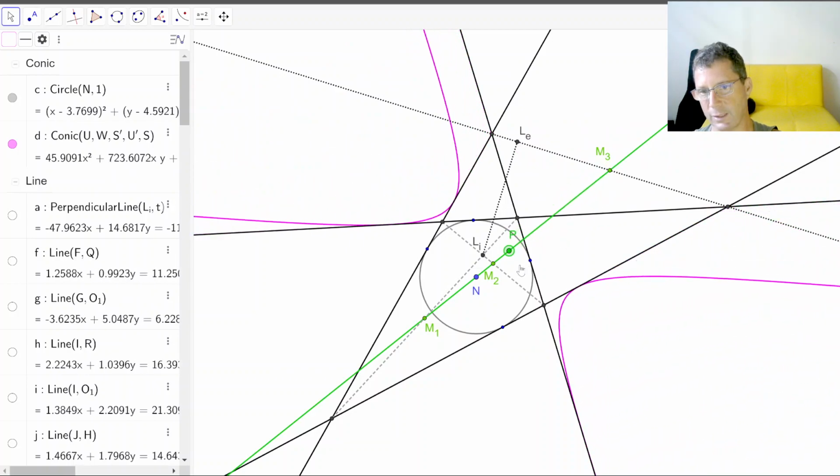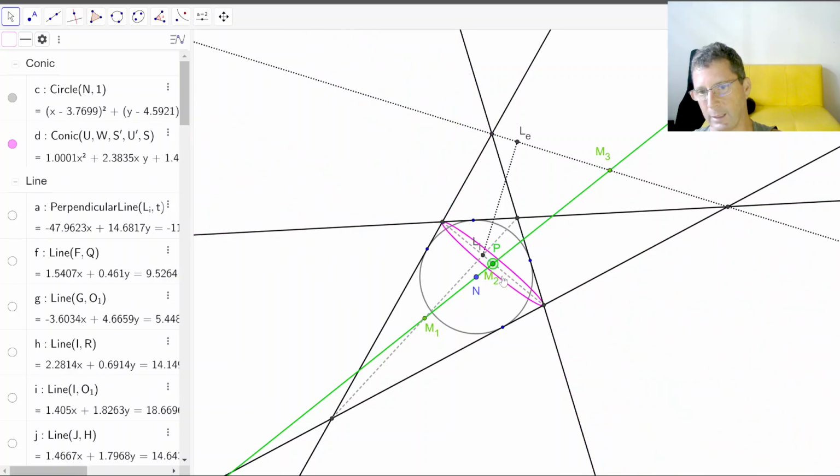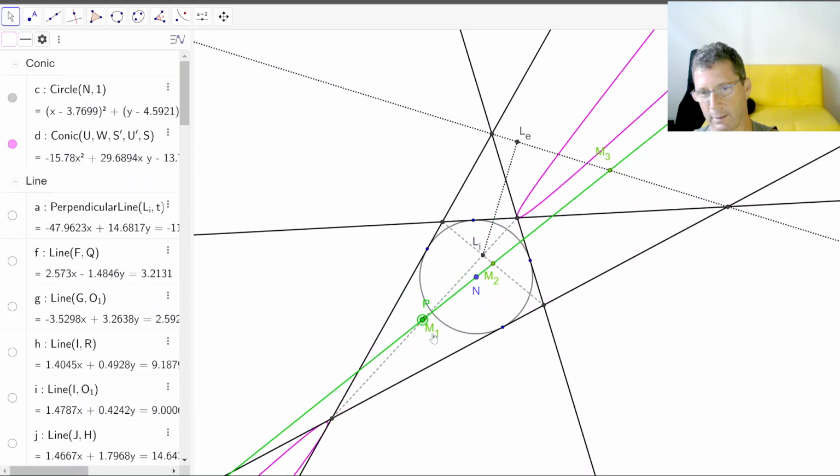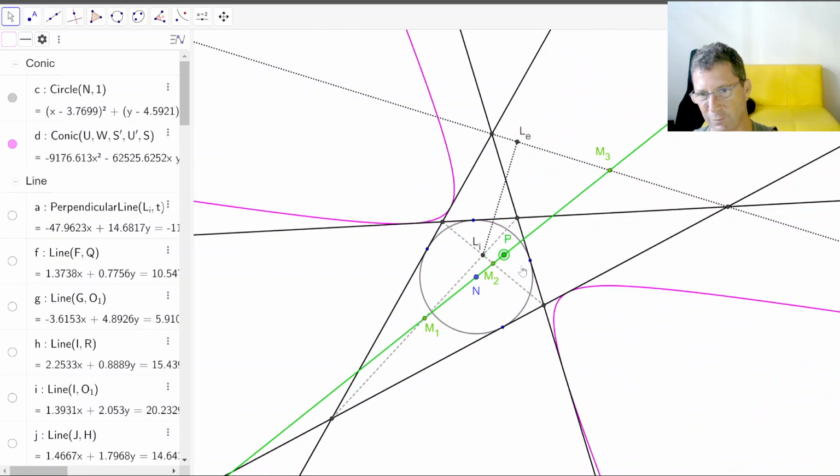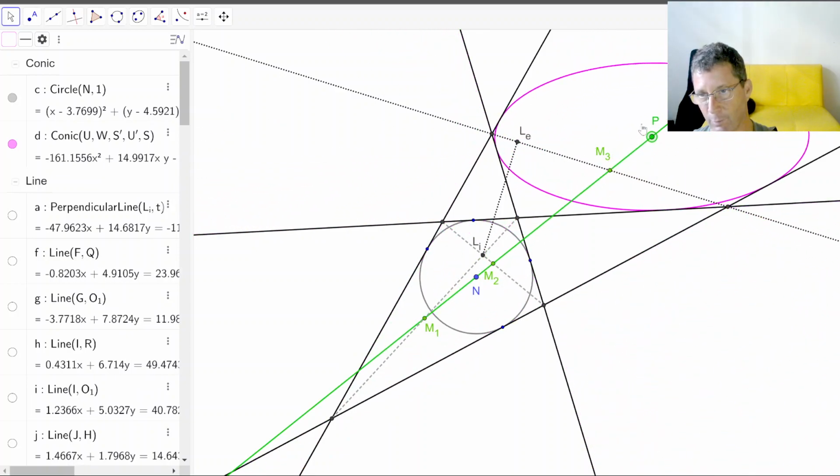And as I cross the second midpoint, M2, it becomes a family of ellipses again, and these ellipses become congruent with the incircle if P is on N, as expected. And as I keep going forward, I become an ellipse again. And then as I cross M1, once again I'm a family of hyperbolas. Okay? Now this phenomenon put aside,